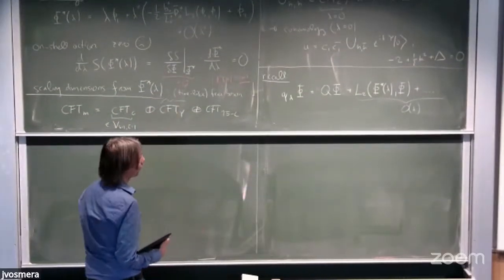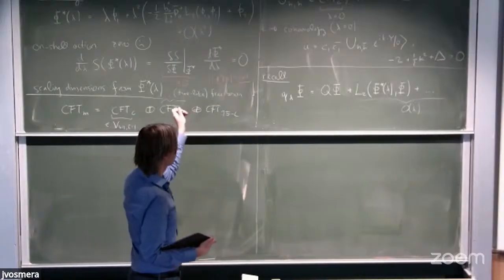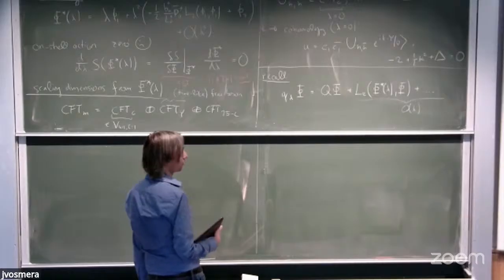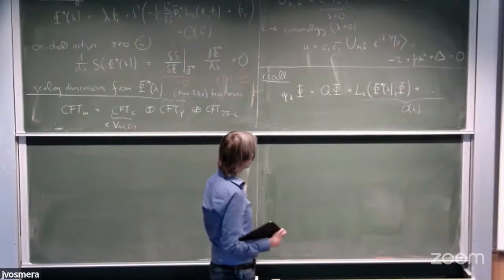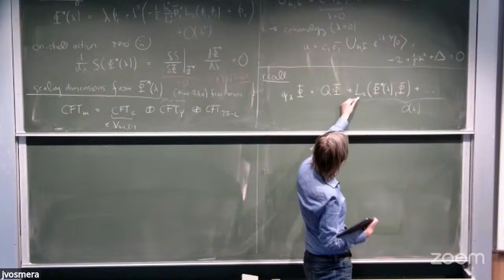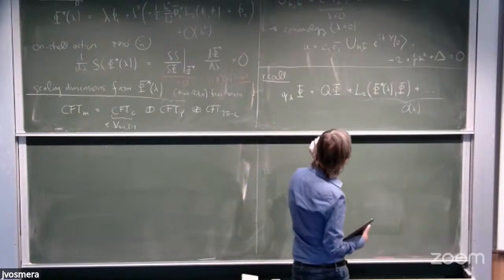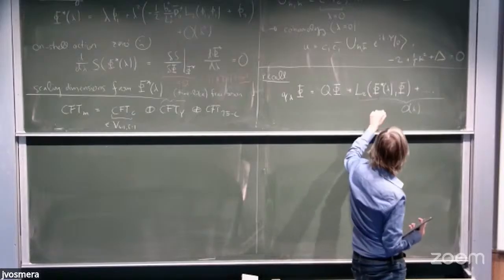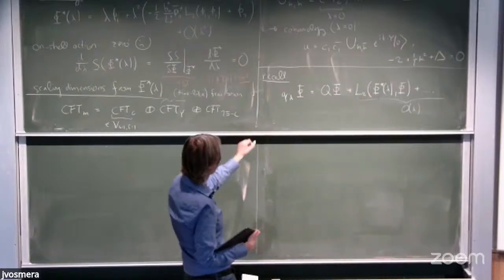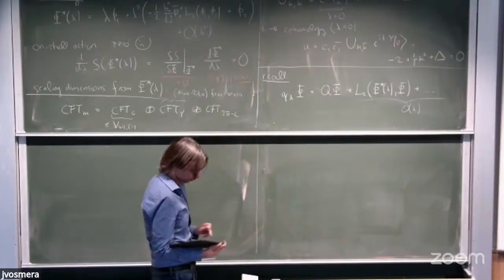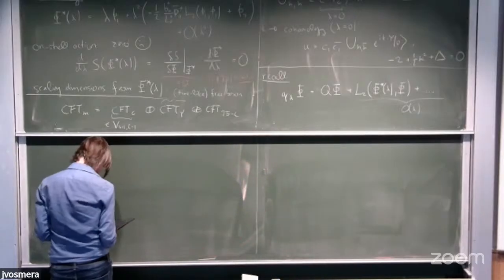BRST charge. And so you can indeed verify that this is a good BRST charge in the sense that it squares to 0, but as a consequence of Q squaring to 0 and L2, L3, etc. satisfying the L infinity relations. And also as a consequence of phi star being a classical solution, you can prove that this operator little q lambda is indeed nilpotent. So then